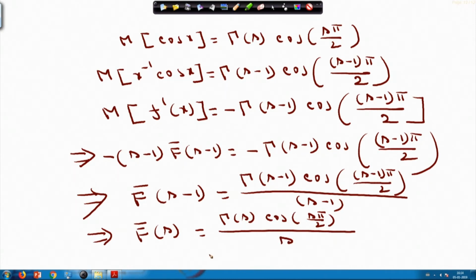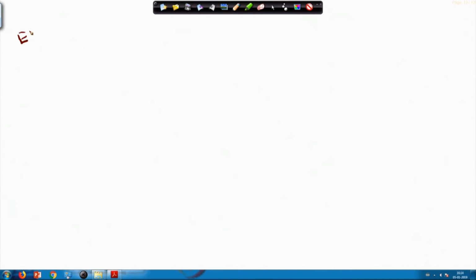So, therefore, you see the Mellin transform of the cosine integral function, which is defined by the integral from x to infinity of cos t by t dt, equals gamma s cos of s pi by 2 divided by s. So, the Mellin transform of Ci x, that is the cosine integral function, equals gamma s cos of s pi by 2 divided by s. In the next example, let us see the sine, that is the Mellin transform of